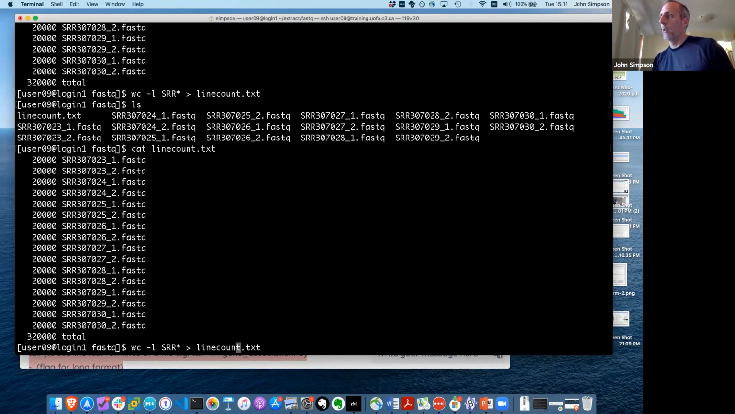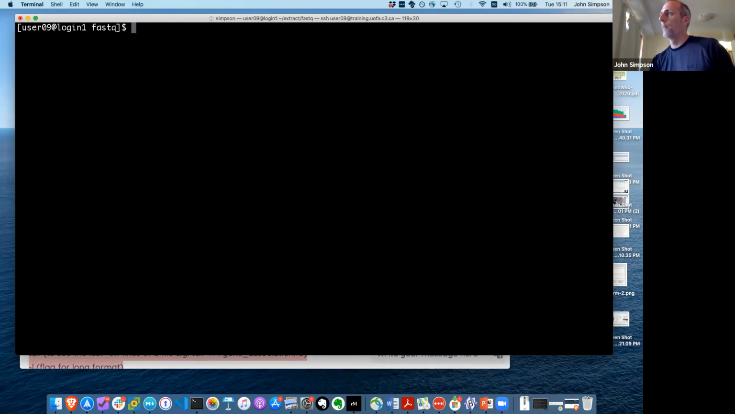We're doing that with a little greater than symbol. Clear. The greater than symbol, when you use it, will always overwrite whatever content was already in that file. So if I was to run the command again, I don't expect you to do this, but we could do it with the command that Camille was helping us with before when we were trying to demonstrate how you can use the